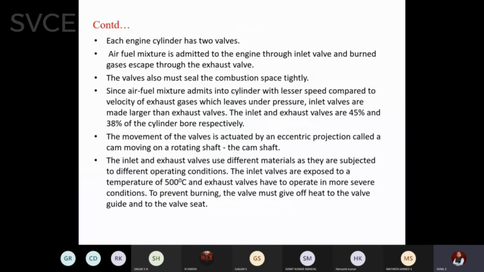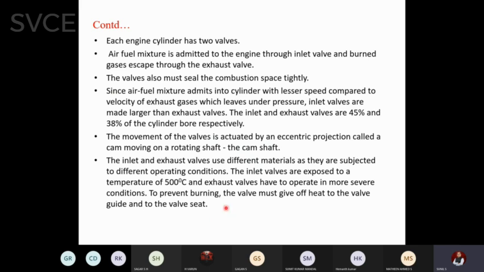The inlet and exhaust gas valves use different materials. Next question is why? Why can't we use a common material? Again, note that the inlet gas temperature will be very low. It's atmospheric air directly entering, or if it is a petrol engine, it is a mixture of air and fuel. So the maximum temperature you can expect is not beyond 500 degrees centigrade, because this valve will be in direct contact with the engine, which is very hot, so that heat might get radiated or conducted.